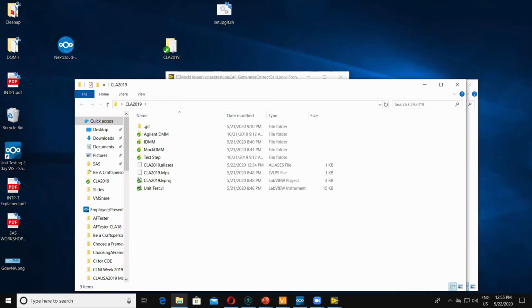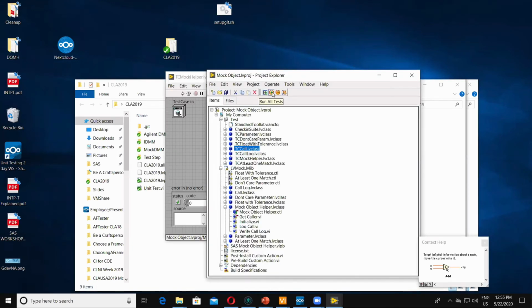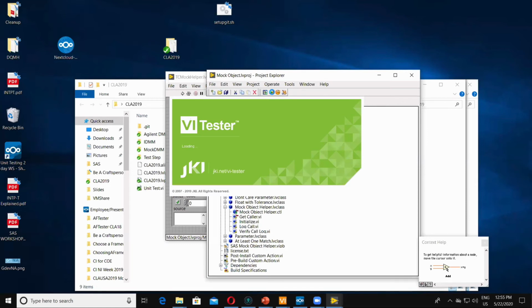An analysis of the test report results. So that depends on what testing framework you use. So if you use JKI VI tester, as an example, I can show you in my mock object helper, I have a bunch of tests. So if I just run all the tests, you'll see what a report would look like.